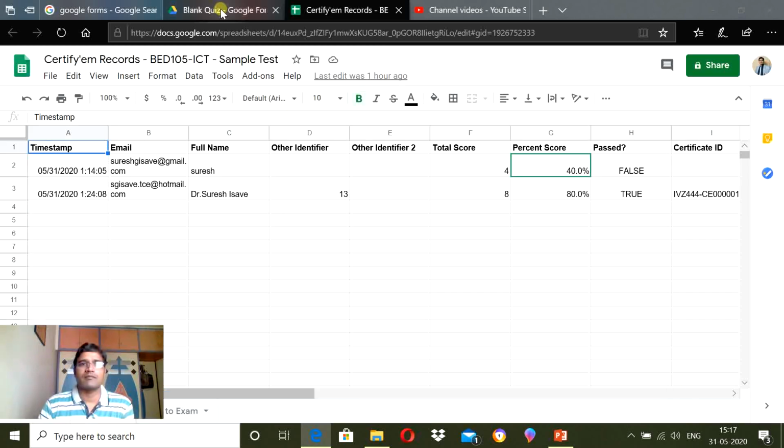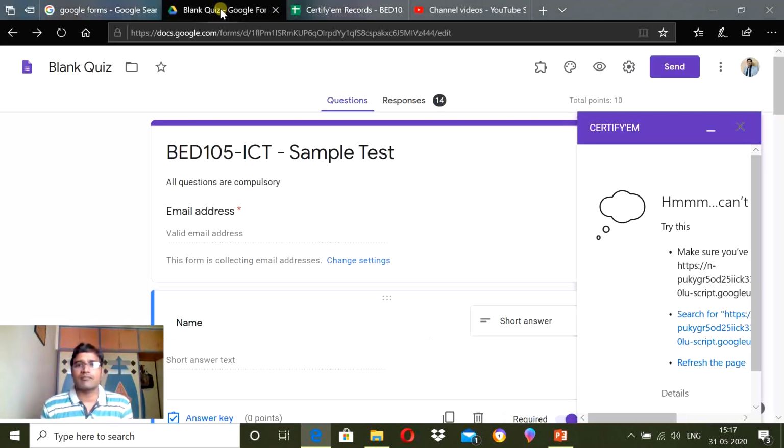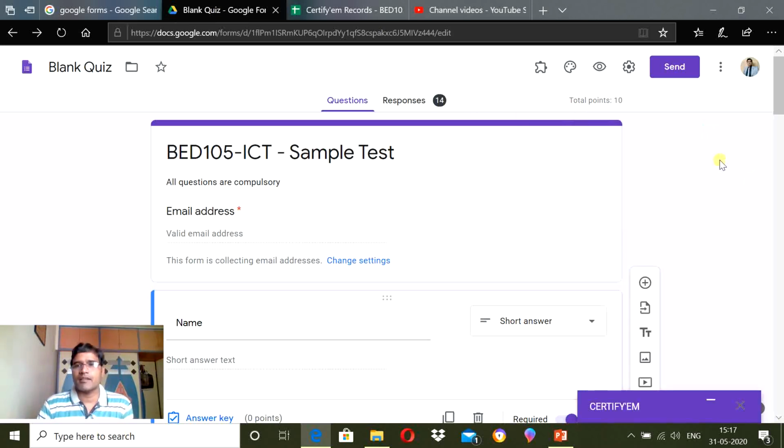When you are coming back to your quiz, here it is. Now you have verified all the data. Now you want to release the certificates or the grades to the students or participants. You can do it anytime.